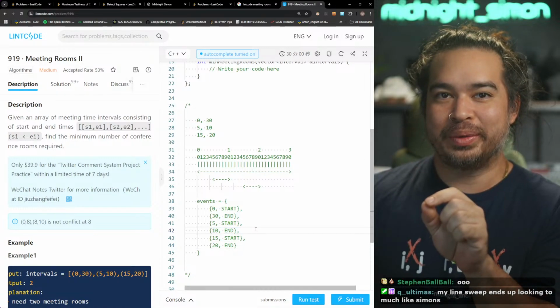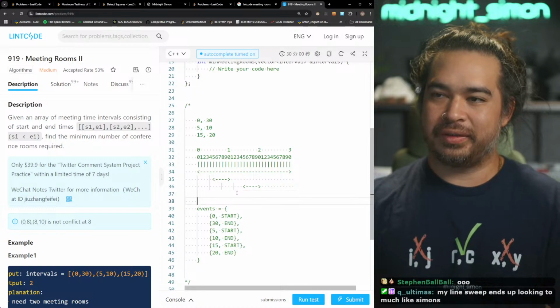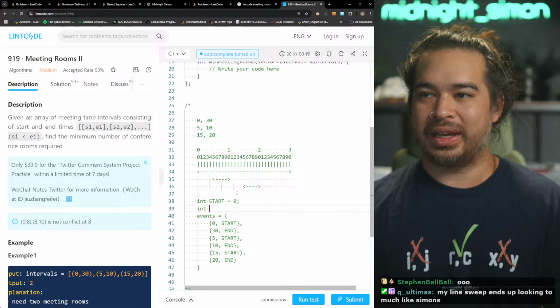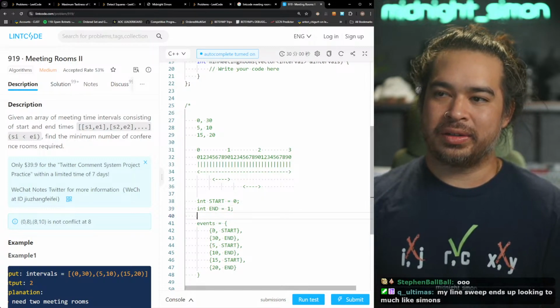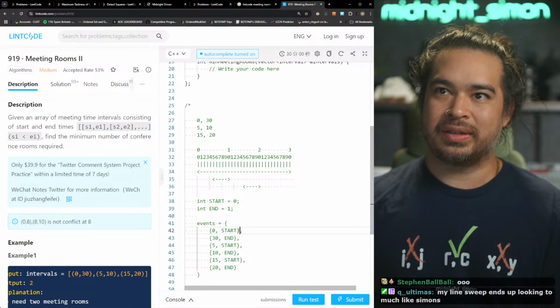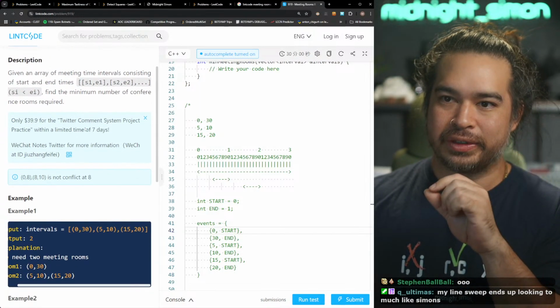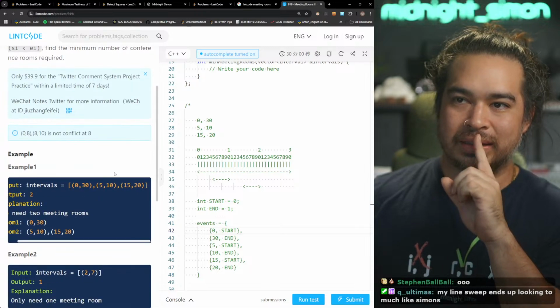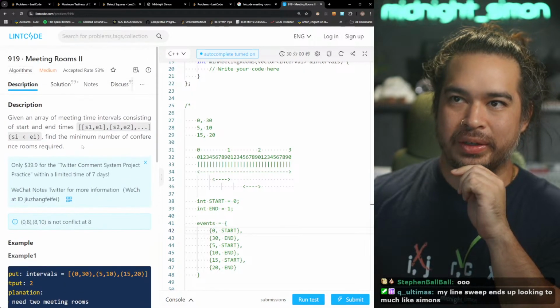Next thing we do, we have to sort the things. So if we define start as 0 and end as 1, then all the starts will come before the ends, which matters if the intervals are inclusive or something.